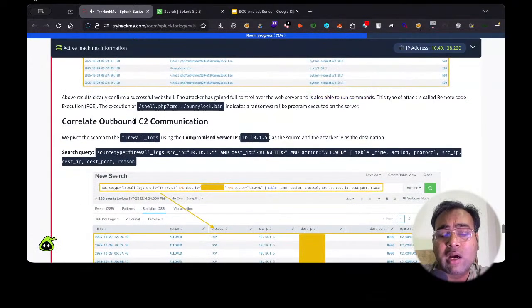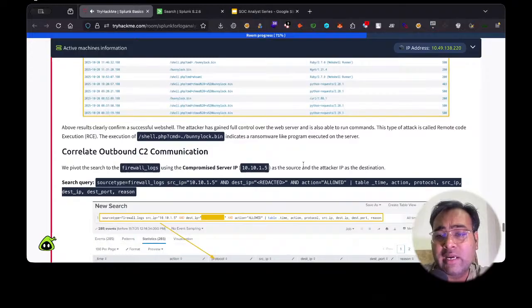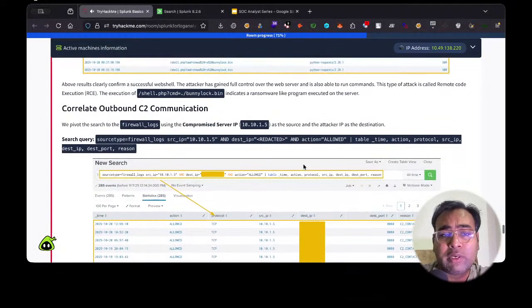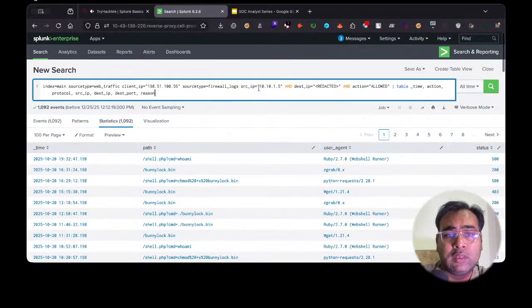Now we can correlate outbound C2 communication. That means if the attacker is trying to connect the attacker's server with the web server, for that we need to examine the firewall log using the compromised server. Okay, so your server IP is this, so we can now use source type firewall logs, source IP this, and then the destination IP, which is the attacker's IP, and then action or something like this, right? So you can copy this query, and I'm going to copy the query here, right? But we need to use the client IP here. So destination IP is this